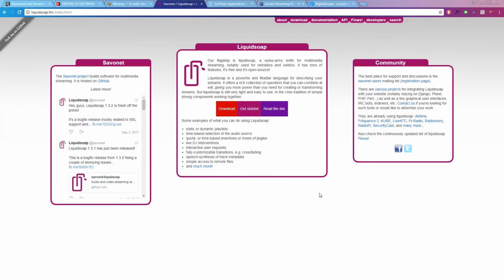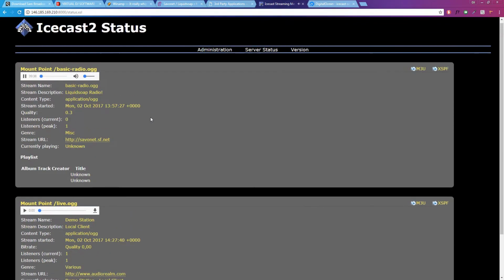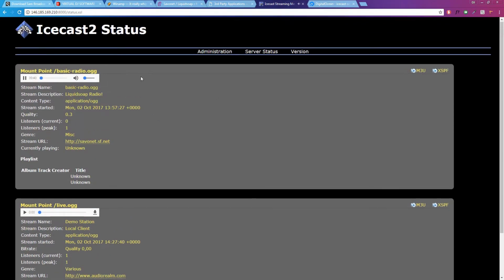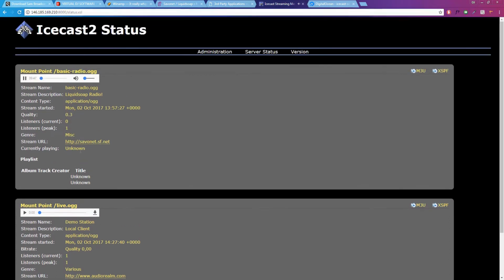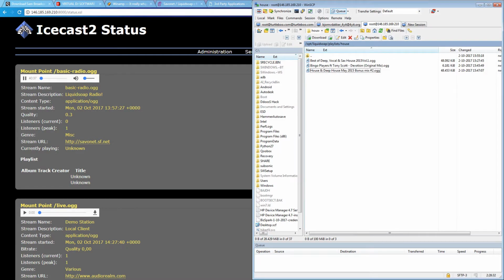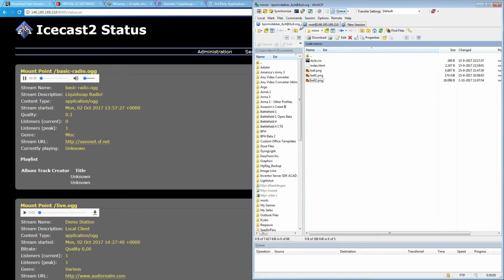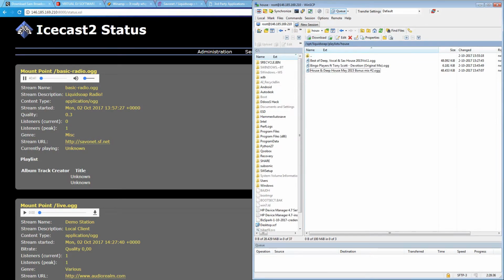This is Liquid Soap, it's a web page. It's basically a streaming client you can run on Linux, and as you can see I've got my Icecast server running, and I've got two mount points. One is the live mount point, and this is from my local based client, and I've got one mount point which is from my server based client. And I will also show you how a